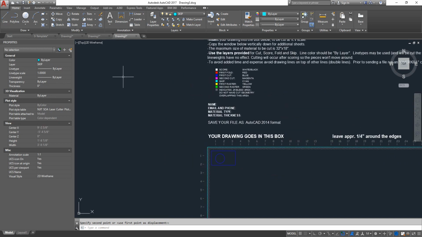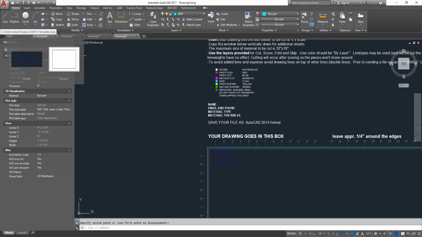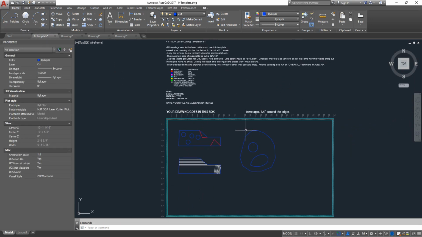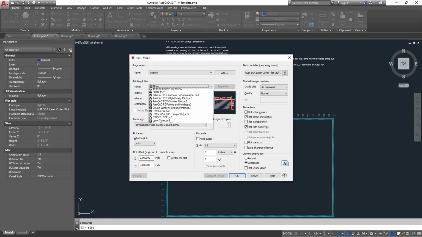Okay, so let's get into an example that is very common in the laser lab. And if you're in the laser lab now, I'm going to leave a time marker so you can jump right to this. It's very common to have, especially coming in from Rhino or even Illustrator sometimes, geometry that's the wrong color. We see this and it looks blue, and everything looks like it's in the right layer. So if we just go to print, right, and we go to the laser cutter,